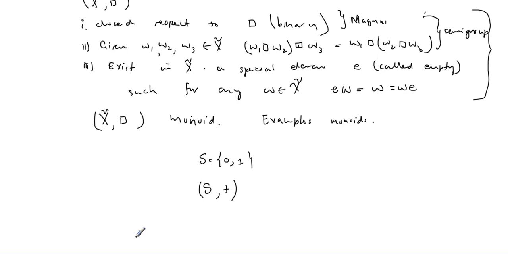Let's do this. I'm showing you a trick here which you can use to do some of these things. 0, 1, 0, 1. 0 plus 0 gets 0. 0 plus 1, you get 1. 1 plus 0, you get 1. 1 plus 1, you get 2. Boom!